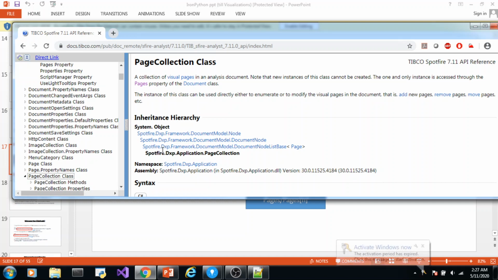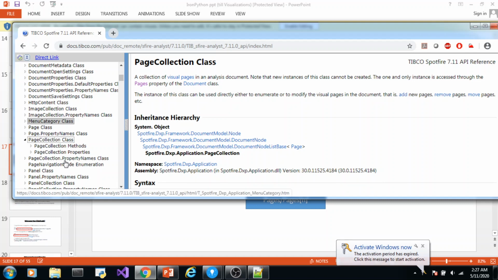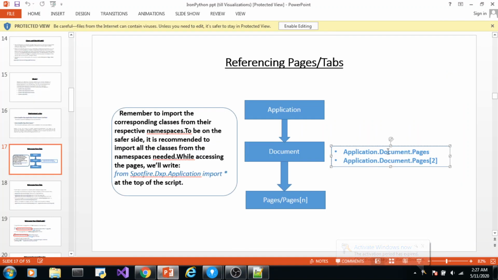So document.pages is returning a collection of pages which is of type page collection. That means whatever methods and properties are defined in the page collection class can be used here with this statement.